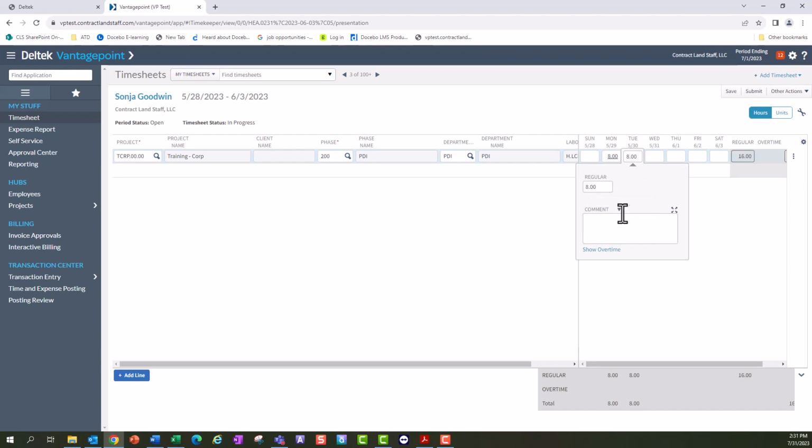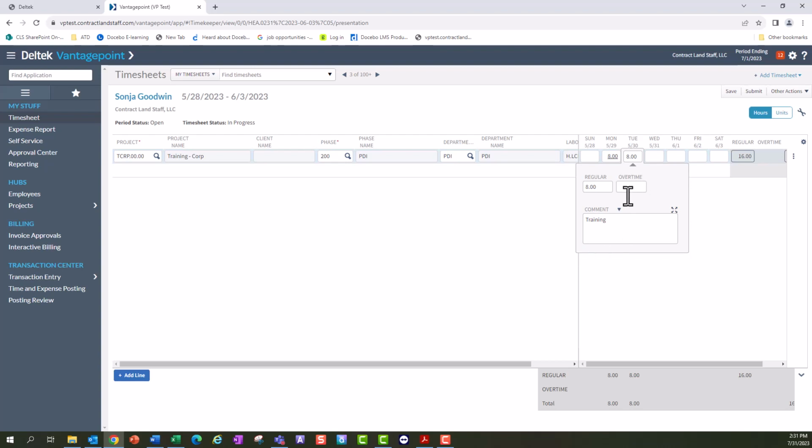Add your comment. Please note that if you perform the same work activity more than once throughout the work week, the system will retain your comment, but only for that work week unless you click the other actions copied from previous timesheet. To add a comment or to access that previously entered comment, you can click the down arrow, select the comment, and it autofills. If you accrue overtime from a 40 worked hour week, to add overtime, click the Show